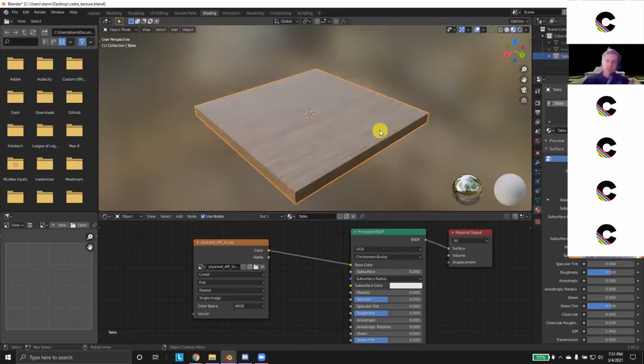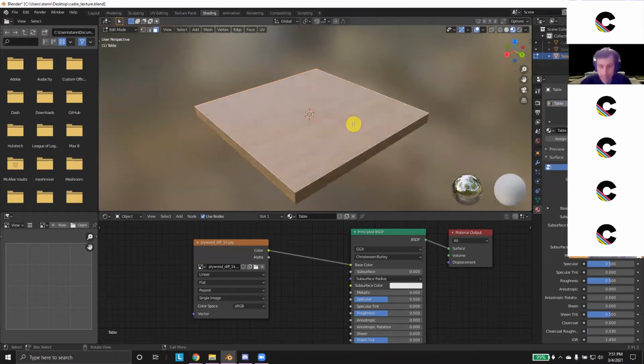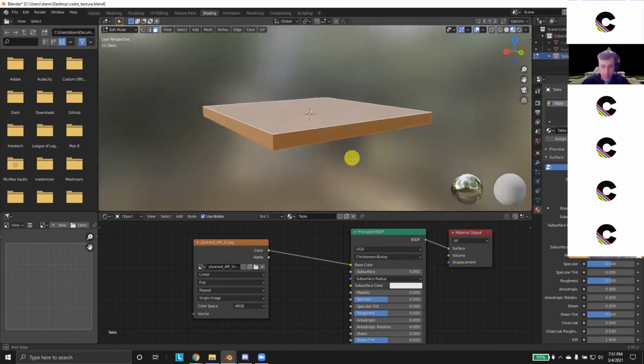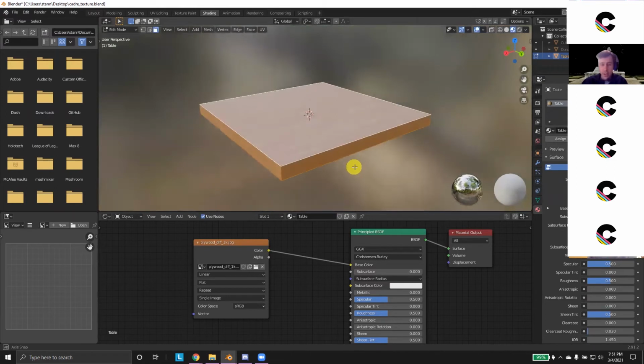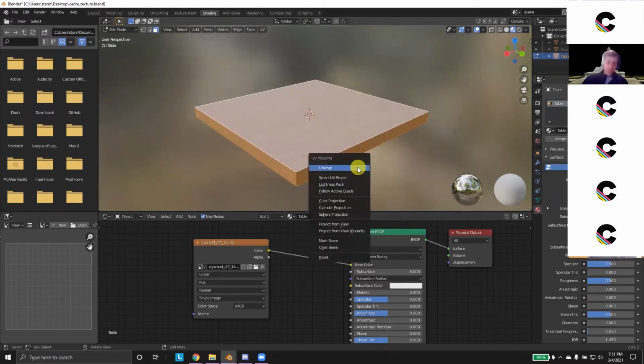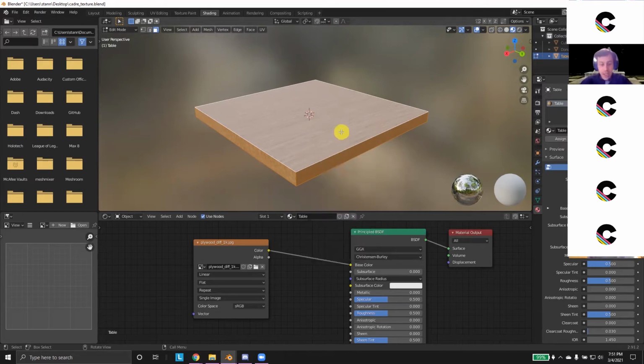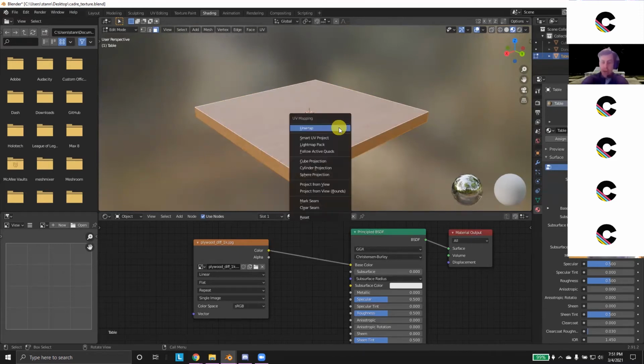But just to be safe, to show you an example of unwrapping, go into our viewport mode, select the table, go into edit mode by hitting Tab, make sure everything's selected, like hit A, so that all your faces, edges, vertices, whatever mode you're on, are all selected. And you hit U. U as in unwrap, as in UV. If you hit U, again, in edit mode, hit A to select everything, then hit U, it has unwrap